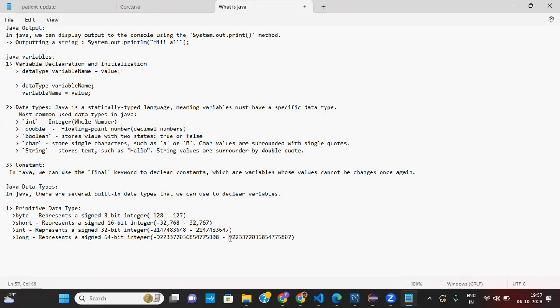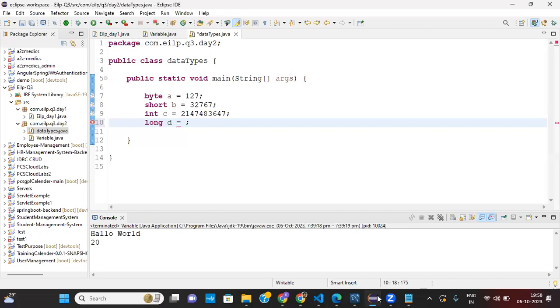Now let's check if I exceed this value, is it giving me an error or not? What happened here?